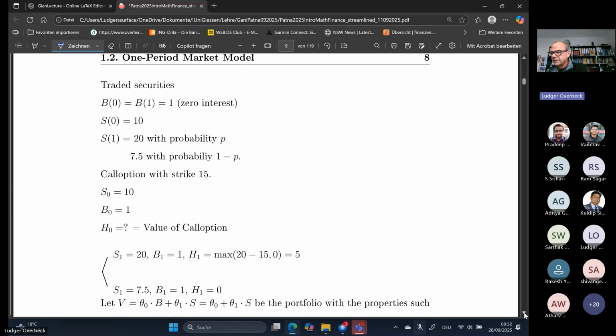Okay, now we have to construct the market. So this market, to make it simple, it has two traded securities. One is a bond like B, and we even assume that there's no interest rates. So the value of €1 in 1 year time, it's also one, whatever. Let's say dollar. Dollar is also one currency unit today, and the value of this will be also 1 in 1 year. So no interest rate.